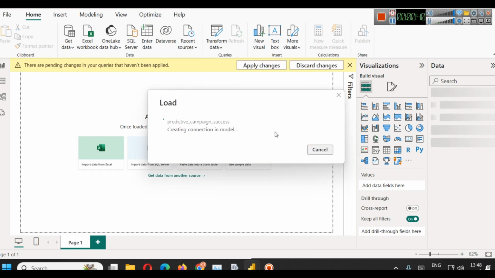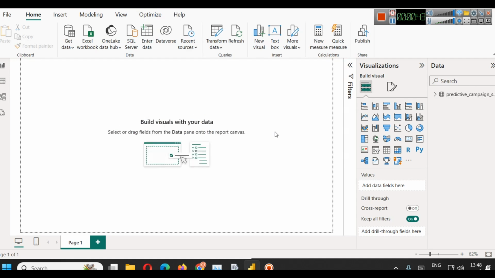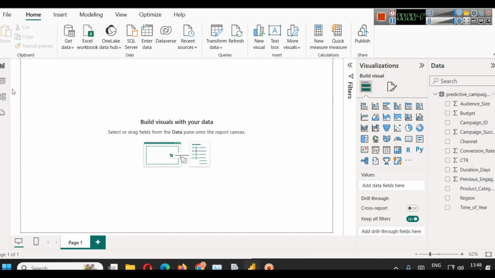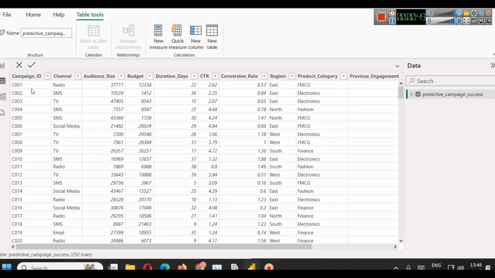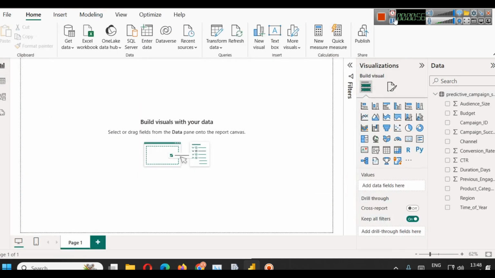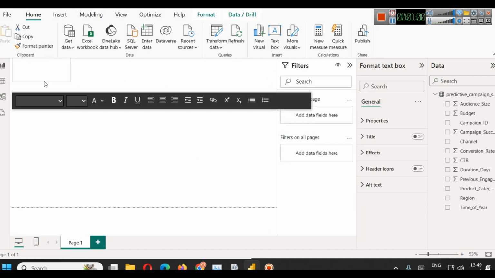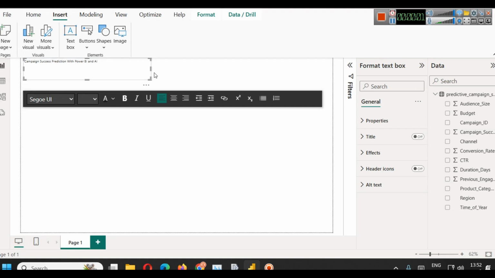Once it completes the loading process, you will see the columns in the data pane. You can go here and see campaign ID, channel, etc. And now we can start analysis. So now we will simply add a text box and give it a heading: campaign success prediction with Power BI and AI. Because I am just doing it as a tutorial,